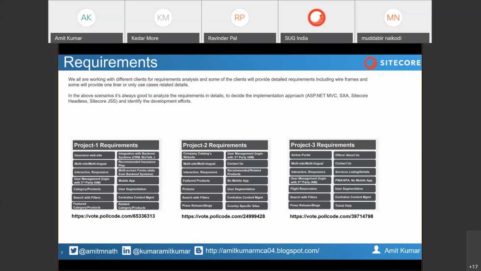SPA you can build in ASP.NET MVC also, but the PWA I have not seen people building in ASP.NET MVC, because PWA will be treated as one type of app also. You can create a shortcut of your application on your mobile itself. It will behave like a mobile application. If you check the MakeMyTrip PWA application, Naukri.com also has their PWA. So you will see that it will work on both the desktop as well as on mobile. In mobile, it will be treated as this.